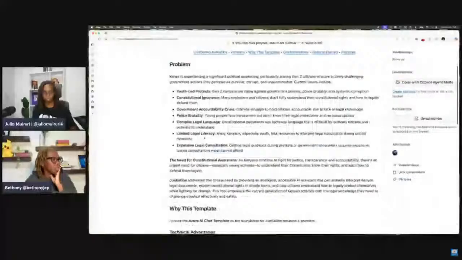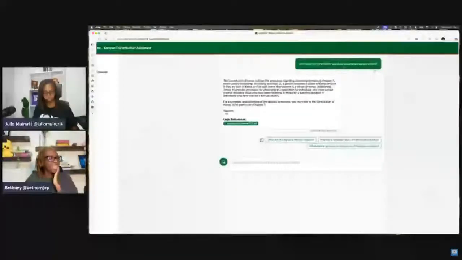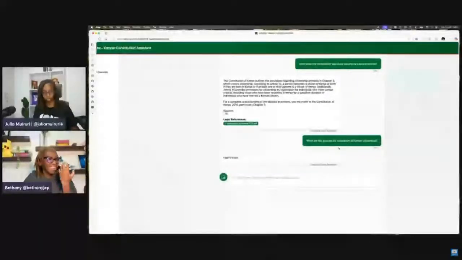And the question I had for them was, okay, what does the Constitution say about being a Kenyan citizen? And it gave me a response and some references. The good thing I liked about this solution was that it suggests prompts based on the question you ask. So you can go ahead and ask, okay, if I'm a citizen, how can my citizenship get revoked? It told me I don't know. So I'm not sure if that's the correct answer, because I also don't know if you can get revocation of citizenship. I guess it's treason or something.